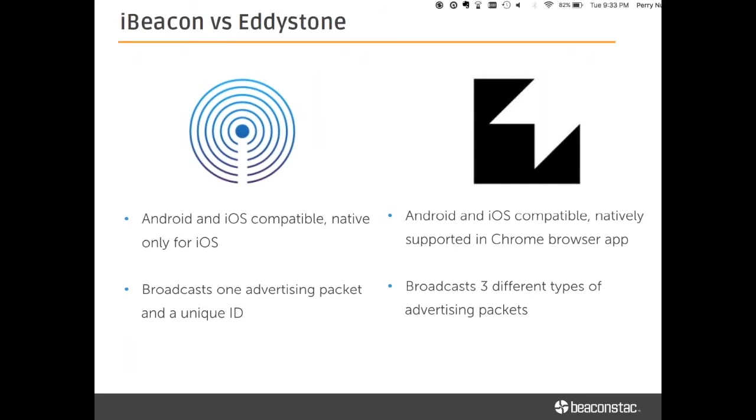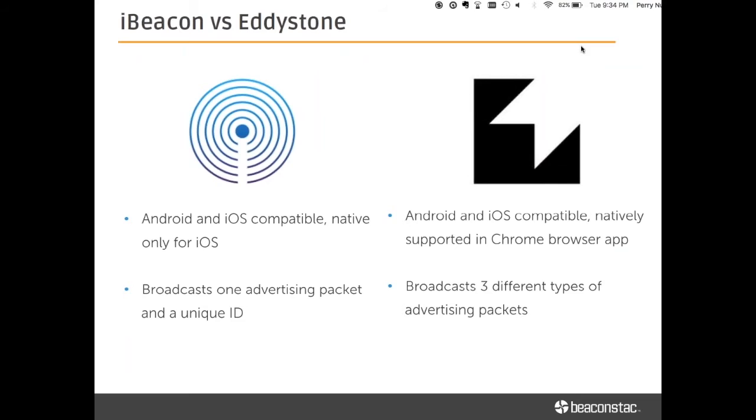In this advertising packet, it has three main identifying numbers called a UUID number, major number, and a minor number. And those are used to identify each specific beacon through the combination of those three IDs. On the Eddystone front, it's Android and iOS compatible, but is supported in the Chrome browser app, making sense as a protocol by Google. And Eddystone, rather than just the one advertising packet of iBeacon, broadcasts three different types of